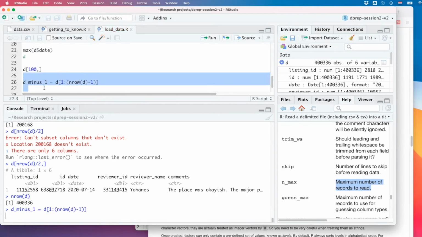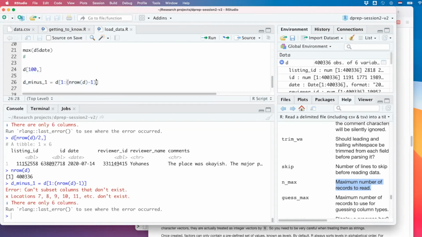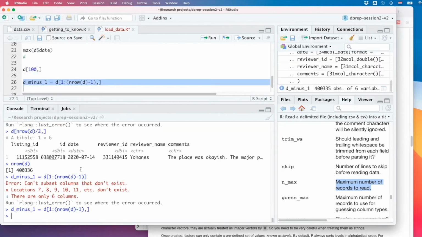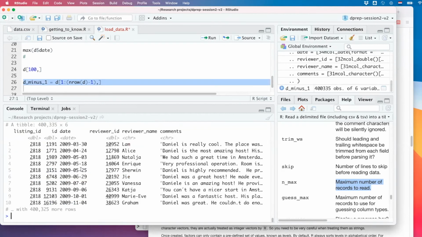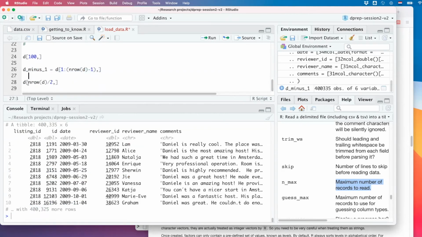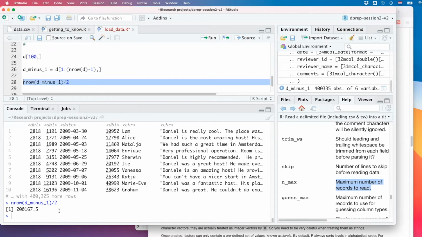So I'm actually cutting this short by 1 row, the minus 1, which is 400,325. If I'm now trying to run this n row thing divided by 2, it's not like a row number, right? Because rows need to have proper integers. They can't be rounded off.